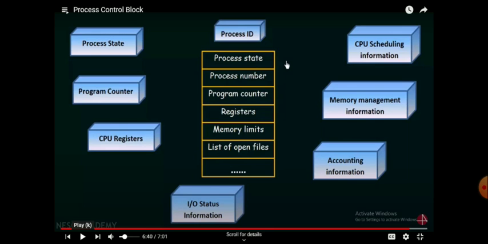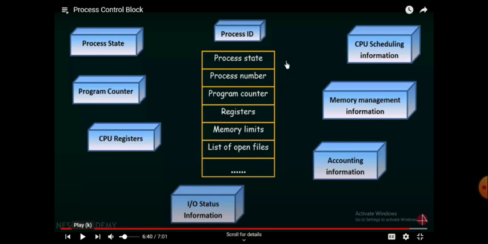So the role of the program counter is, while executing the program, as each line of instructions executes, it will hold the address of the next line of the instruction.